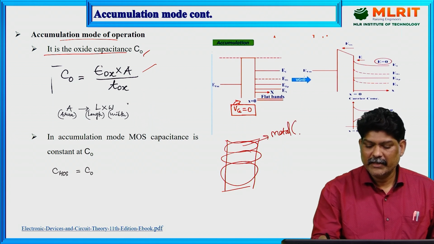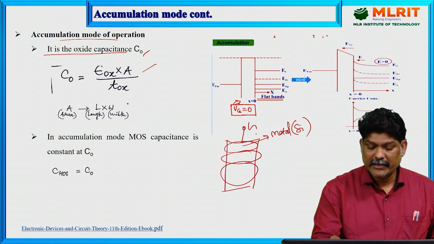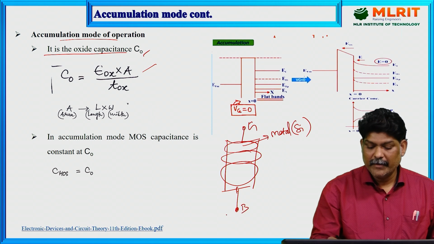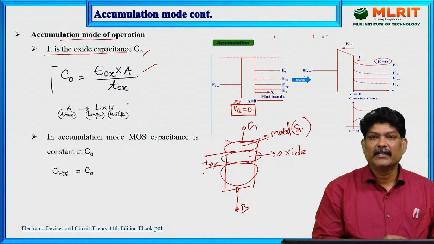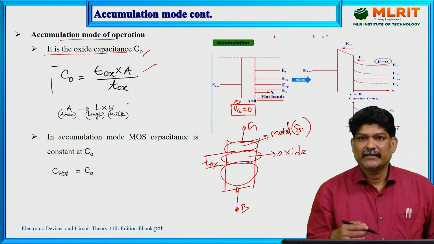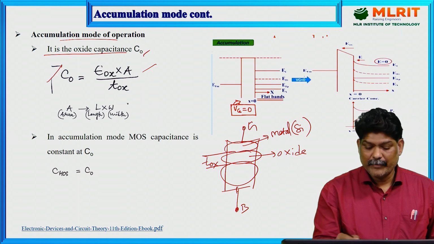Metal means polysilicon, polycrystalline silicon, the gate terminal, and this is your body. Here a very thin oxide layer is there. Depending upon the thickness, the capacitance also changes. So the oxide capacitance is given by